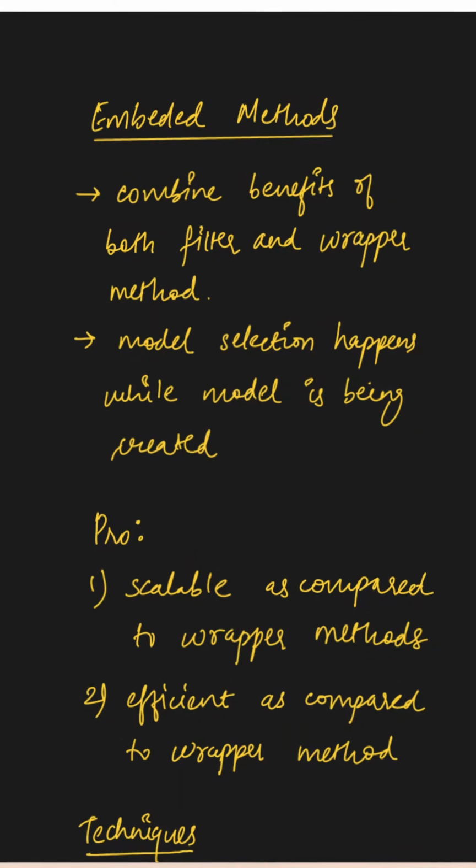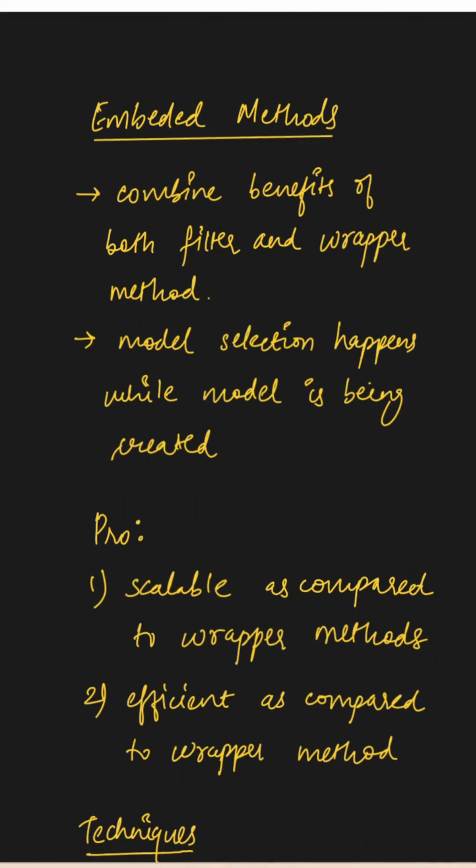Going back to our toys example, suppose that some of the toys they can choose themselves. So some toys they are really special and they decide on their own if they should stay or go. For example, a magic toy box watches which toys you play and which you don't. It removes the toys you don't touch and keeps the important ones. You don't even have to decide yourself, it just happens while you play. So this is a similar concept that is employed in the embedded methods.